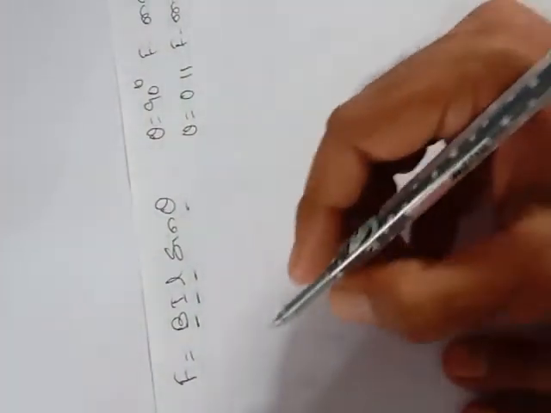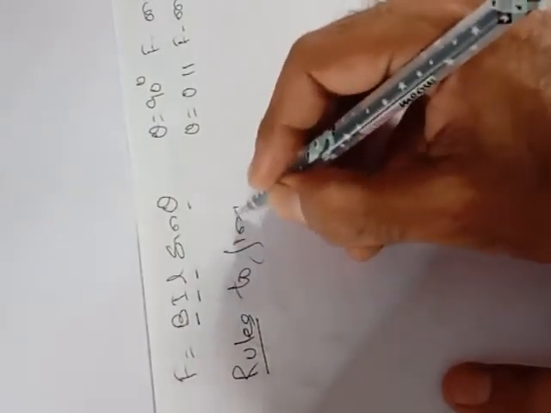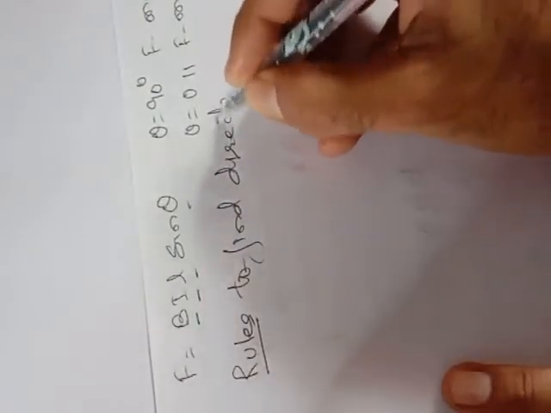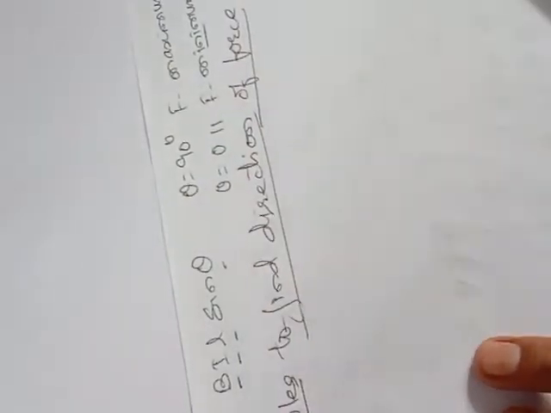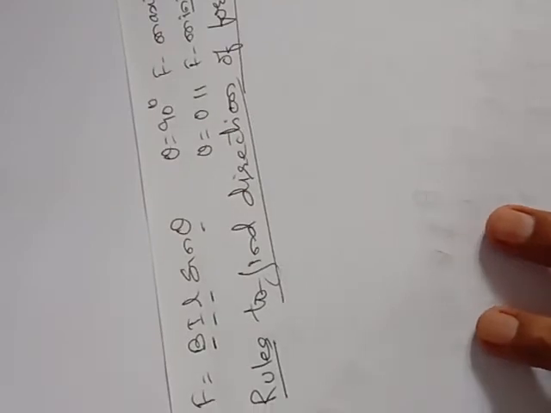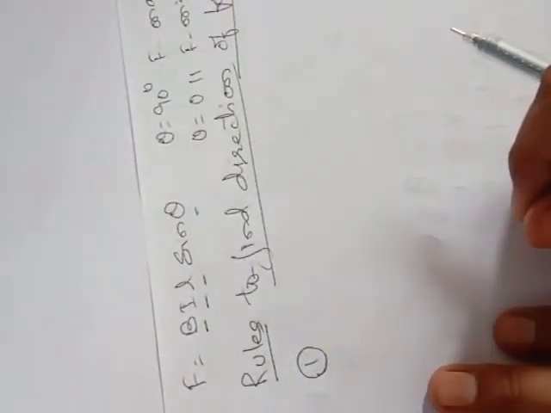When there is a force, we know there will be a direction. So now we have to see how to find out the direction of the force. So now we have to find out the rules to find the direction of force. Which direction will the force act in? The direction of the force acting on a current carrying conductor in a magnetic field can be found out by two methods. Two rules are there, with which we can find out the direction of the force.